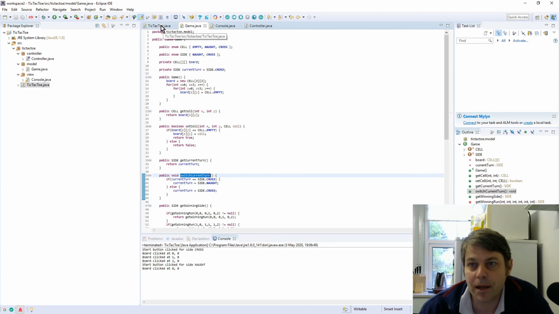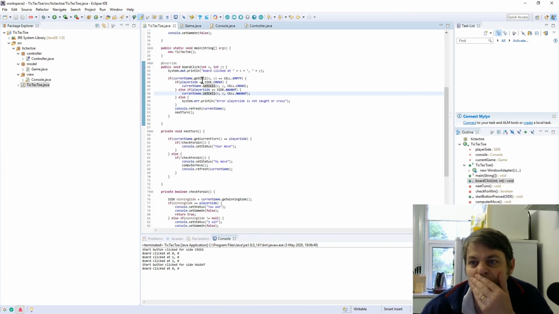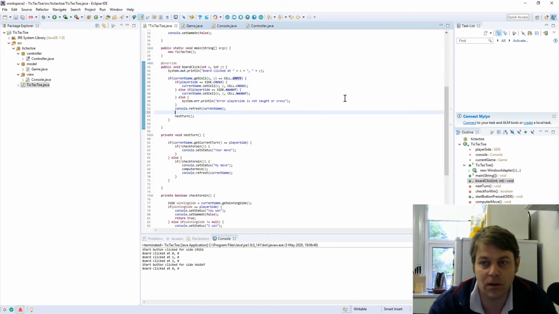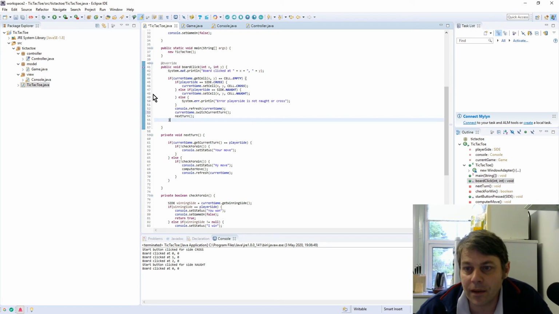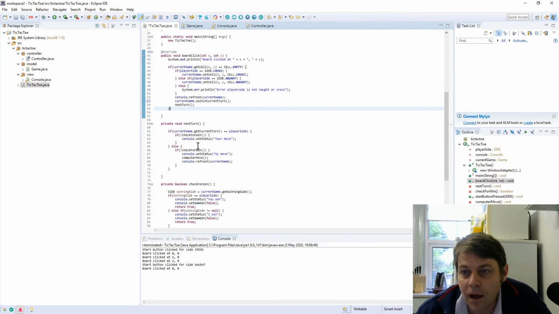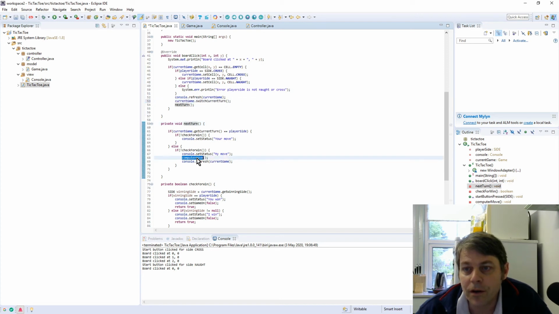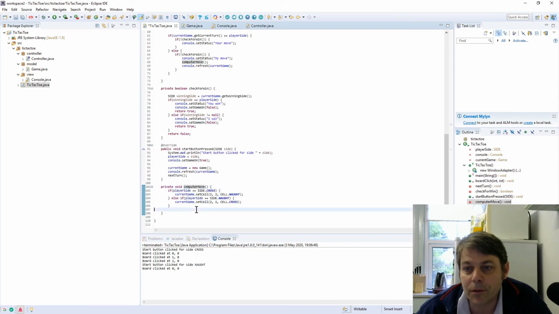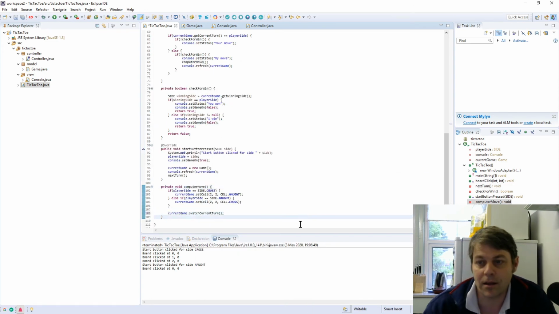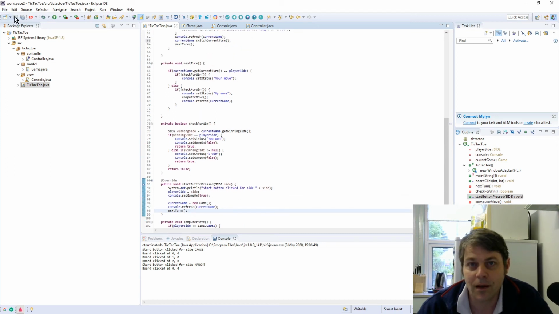So when the player makes a valid move, current game, switch current turn, and then next turn. And once the computer's decided its move, the final thing the computer will do is switch current turn. So is that everything? I don't think so, but